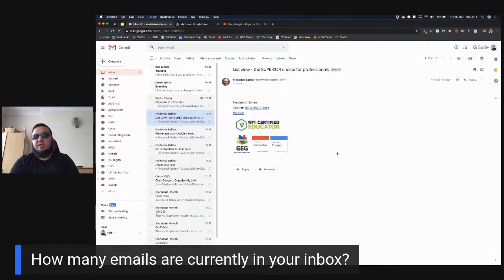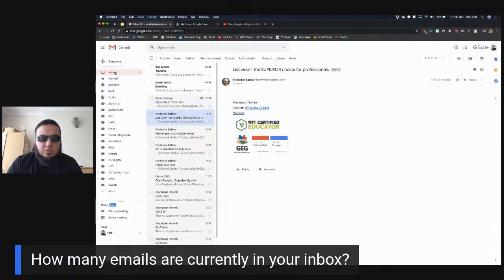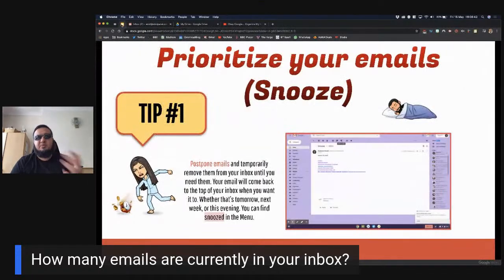And it's really, really great for not having to set yourself reminders or a calendar reminder to say, oh, I need to address this and I need to deal with that. You don't need to worry about those things. You can automatically go back to them by just clicking on snoozed there, or you'll see in about a minute, it will pop up as a brand new email. And we'll come back to that in a few moments. But that's a really, really great tip for Gmail.